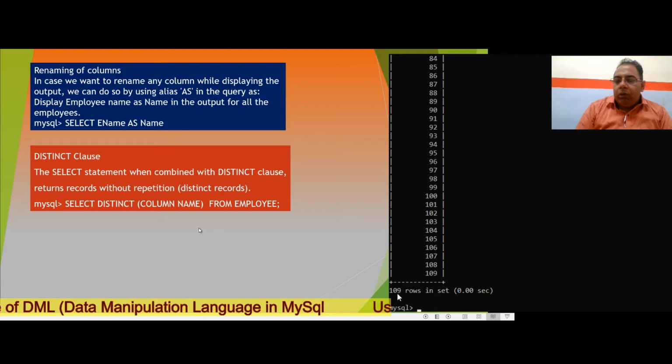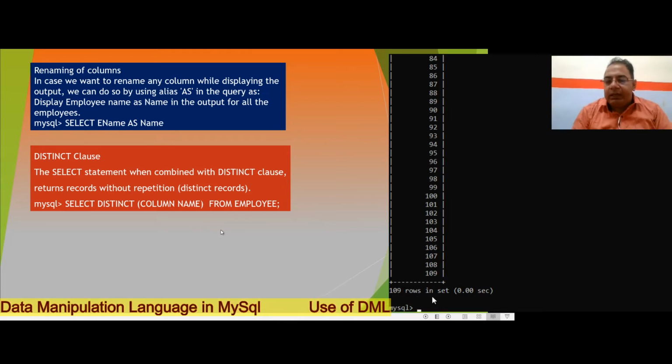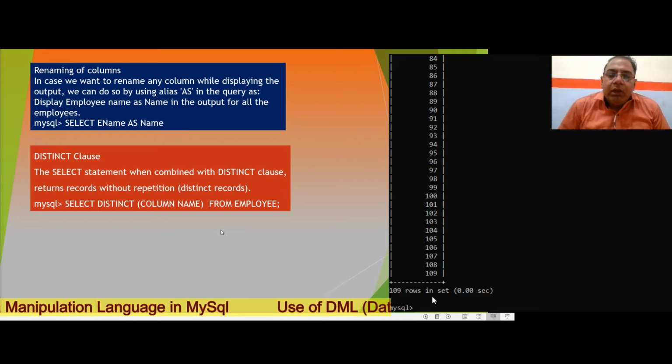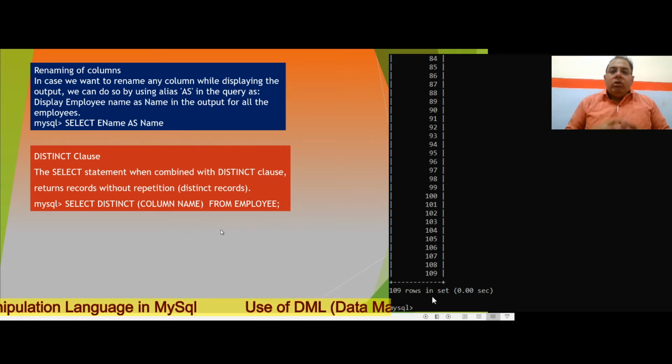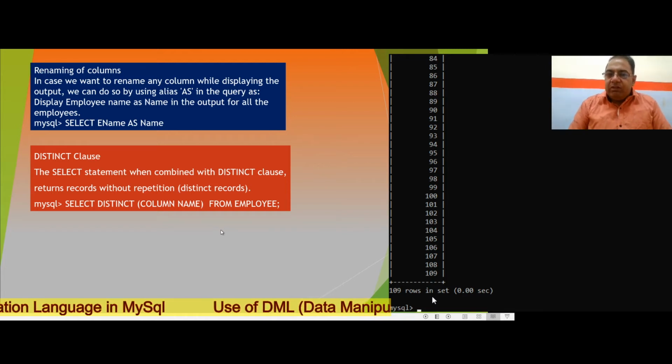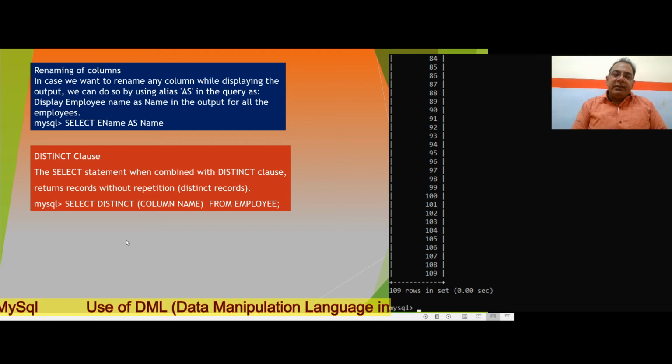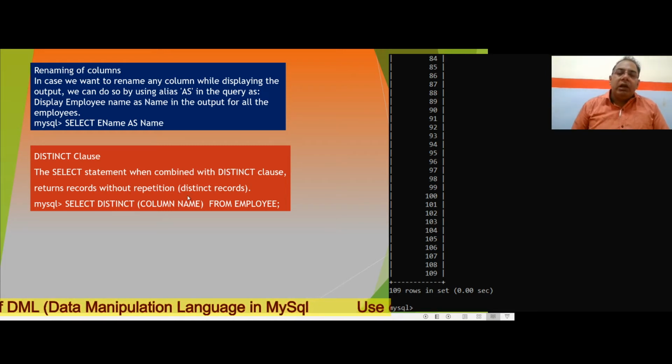Here we have only 109 records or rows at a time out of 300. Means all other rows which are duplicate in values are eliminated from the records. Here it will show only the record with unique value. So we can say that a distinct clause or distinct statement can be used to return records without repetition. Means it didn't repeat the record which is duplicate in nature.